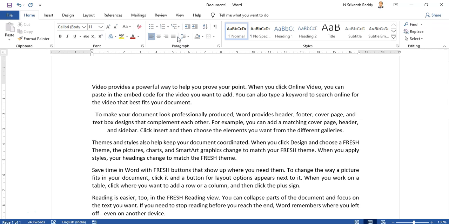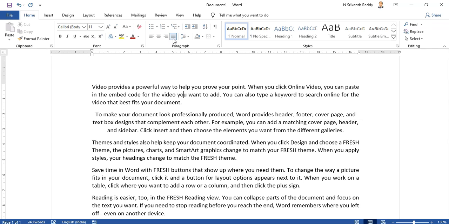Now, if I want to really justify the alignment, that means here you can see on the left side neat alignment of the line, but on the right side you can see jagged edges. If I want to adjust it a little bit, it will look nicer. So what you can do is select that, press Control J. Control J is justify. So this is justify alignment.